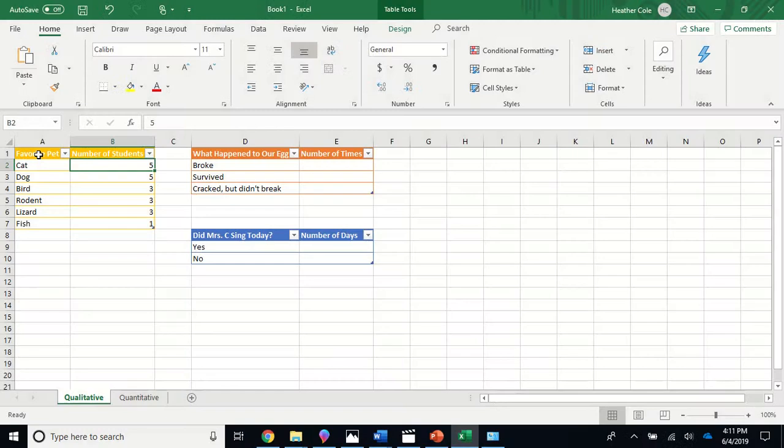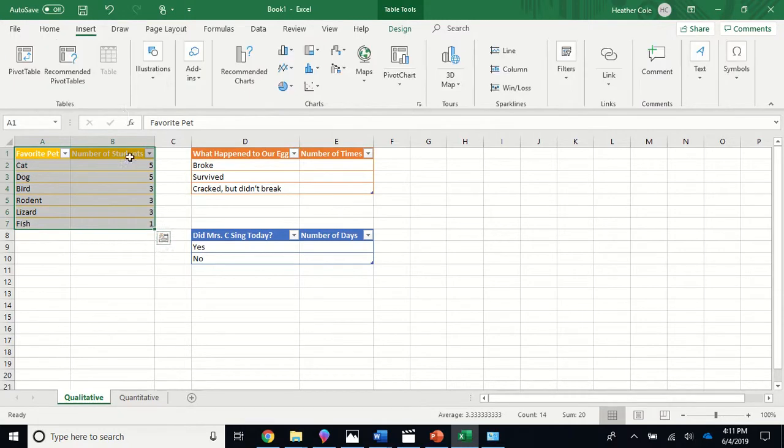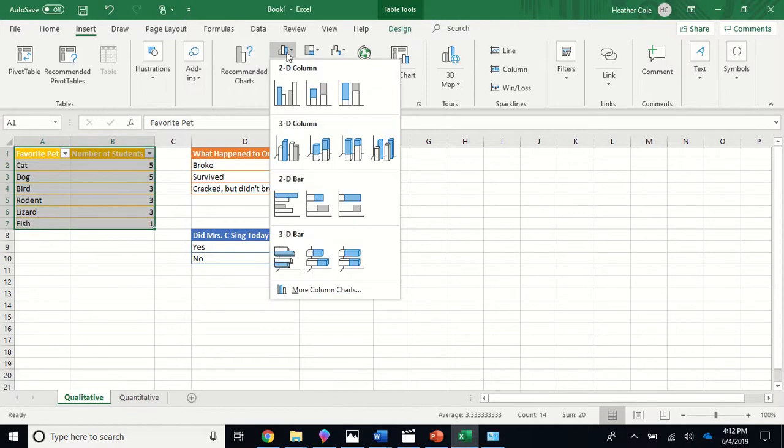I can actually make Excel make a graph for me, and all I have to do is highlight it, and then I can click on this Insert tab, and then I'm going to click on the type of chart I want. So I want a bar graph, so I'm going to click on this, and I'm going to choose the